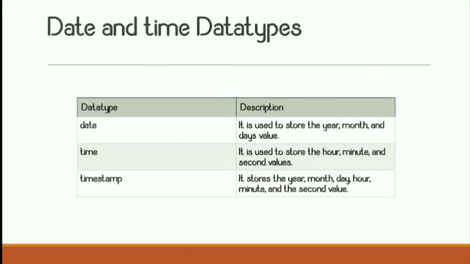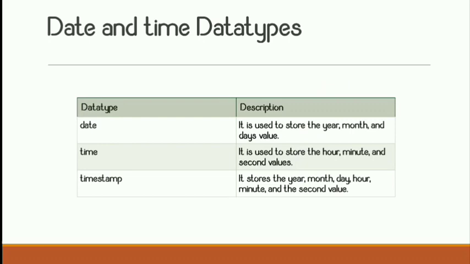Next is date and time. If you are using any type of date while entering in your database, then you have to use a date data type. It is used to store the date in the form of year, month, and day. Next is the time data type. The time data type is used to store time in your database, and it can be stored in the form of hours, minutes, and seconds. You have to enter in the same format, that is hours, minutes, and seconds. Even the date has to be entered in the same format, that is year, month, and day. You cannot change the format.